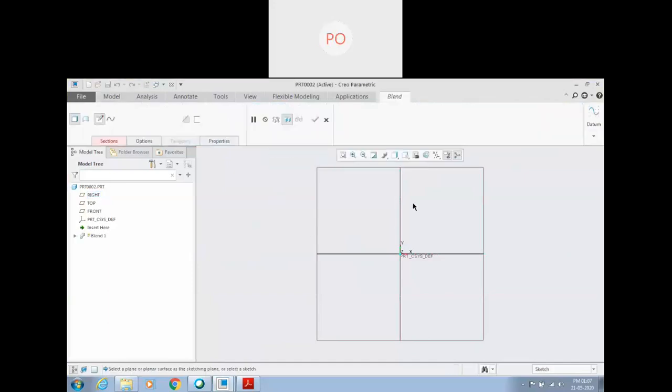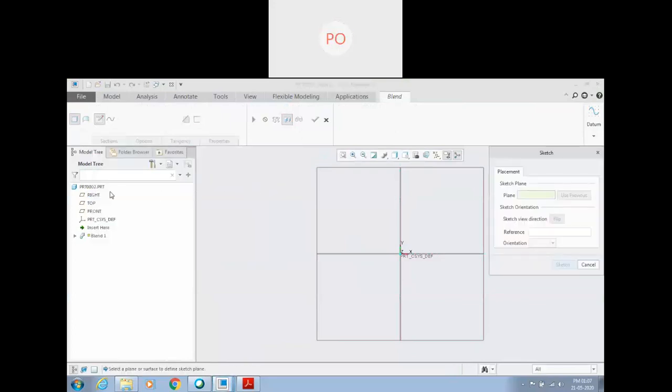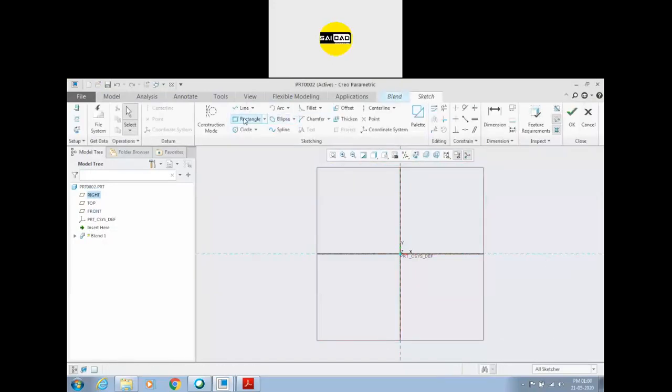So go to the blend, select the plane, go to the sketch, define, go to the plane, define in the front. So the first sketch I'm going to create is a rectangular shape. Define the center lines like that and define a rectangle.